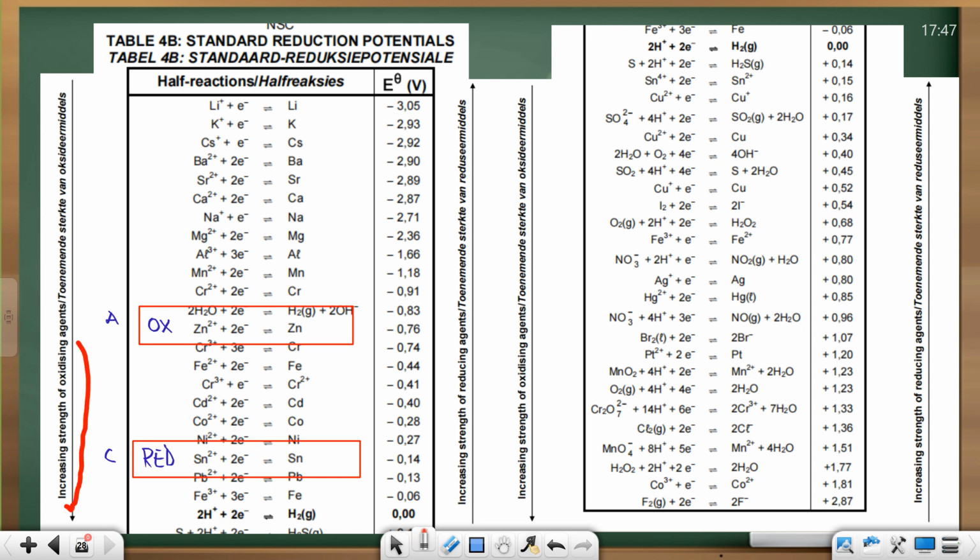Increasing strength of oxidizing agent means the one down is a stronger oxidizing agent than the one up. And if it's a stronger oxidizing agent, it is what? Reduced. Look at the arrow on the right. Increasing strength of reducing what? Agent. You can see it's moving up. This one on top is a stronger reducing agent than the one at the bottom. Therefore, it will be